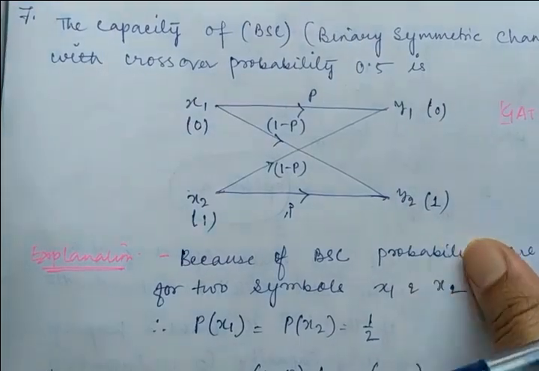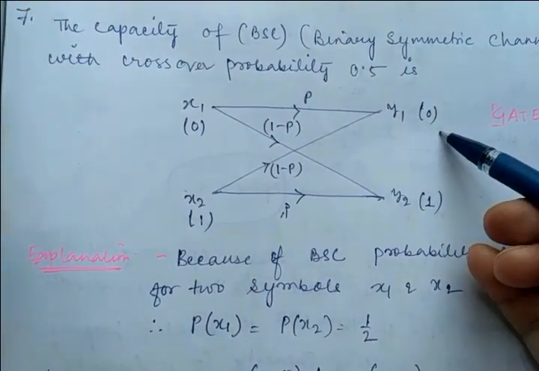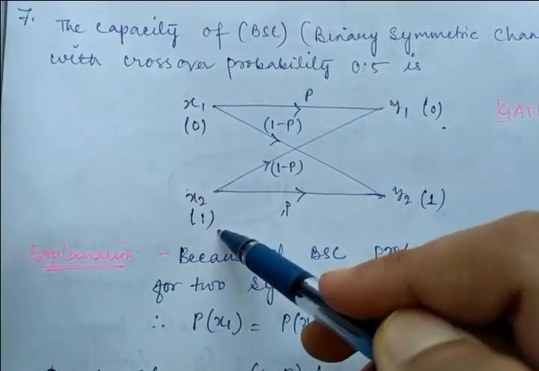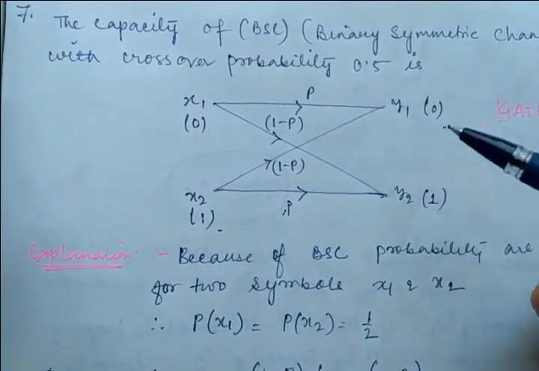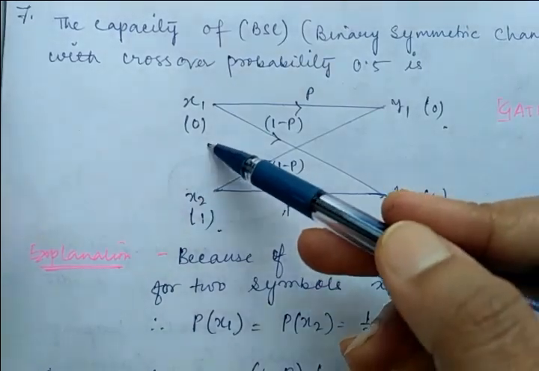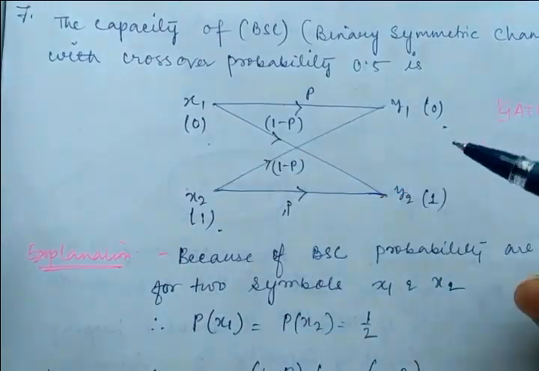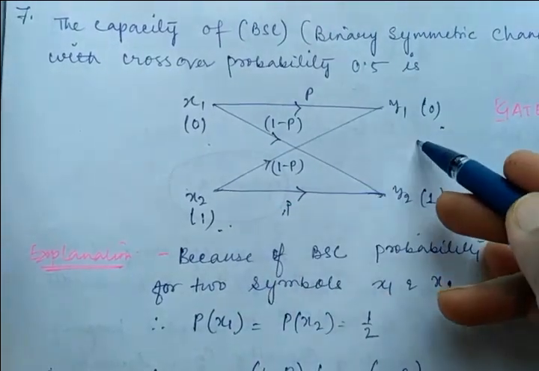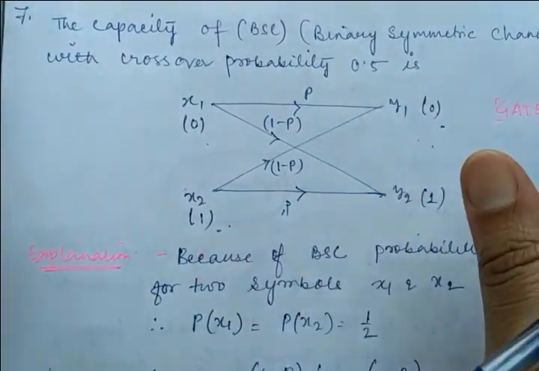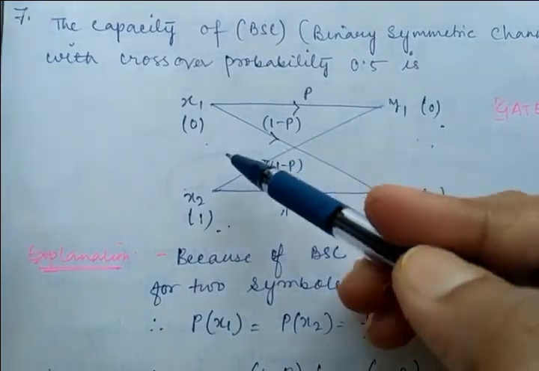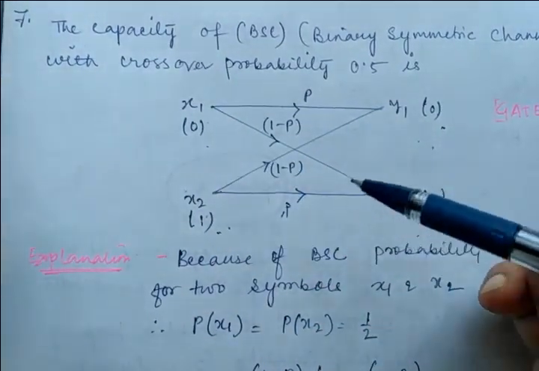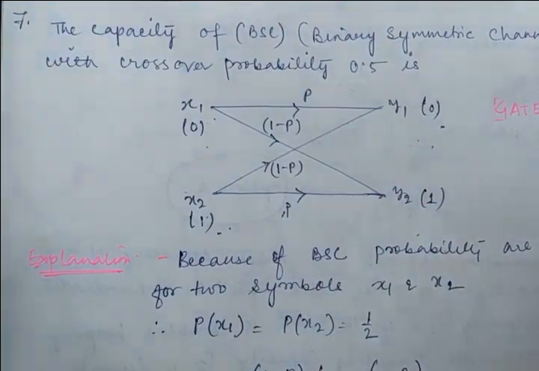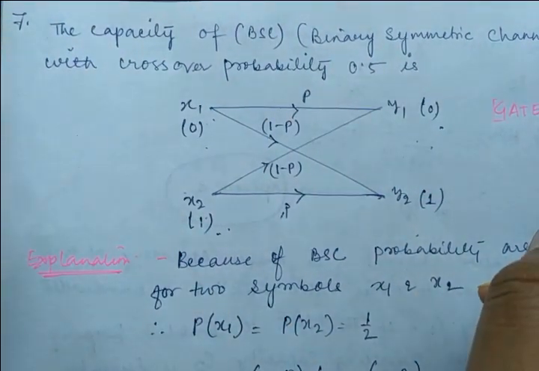And what is the significance of binary symmetric channel? Why is it binary? Because the data we are dealing with is nothing but 0 or 1. And why is it symmetric? Symmetric because if we put the value 0, the output will be either 0 or 1, and if we put the value 1, the output will be 0 or 1, and the probabilities are the same, right? So here we are using only two symbols, 0 and 1. These can be denoted by x1 and x2, and their probability is the same.